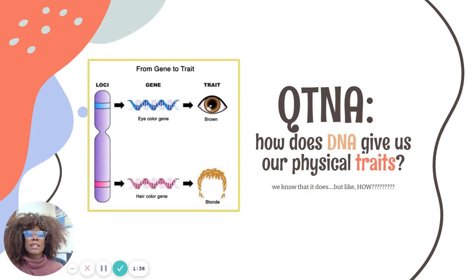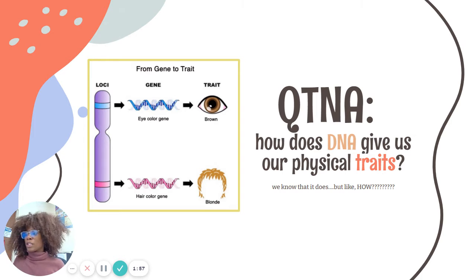Okay, so questions that need answers. How exactly does DNA give us our physical traits? Obviously, we all know the function of DNA is to give us our traits, right? Some people, like Michael Jordan, have DNA that makes them really tall and athletic, while someone else might have DNA that makes their vocal cords really smooth and nice, and they're able to